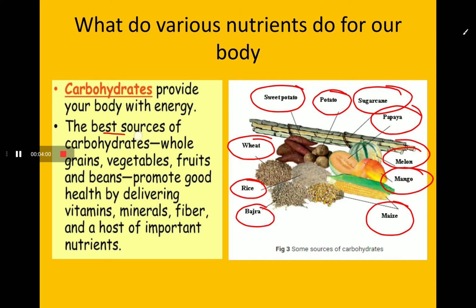The best sources of carbohydrates are whole grains, vegetables, fruits and beans, which promote good health by delivering vitamins, minerals, fibers and a host of important nutrients. Means these are some food items which give us a proper amount of carbohydrates for our body, which provide us